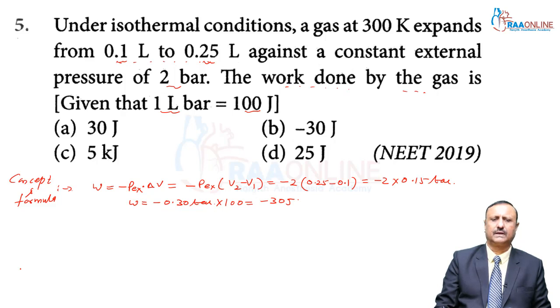You can easily calculate it. This point is replaced by 20, here this 20 is cancelled out, and you can get the 30 joule. So, my dear students, your answer is question number 5, option B, because in B you can get the minus 30 joule, and here the sign is minus, because minus P external into delta V is the formula